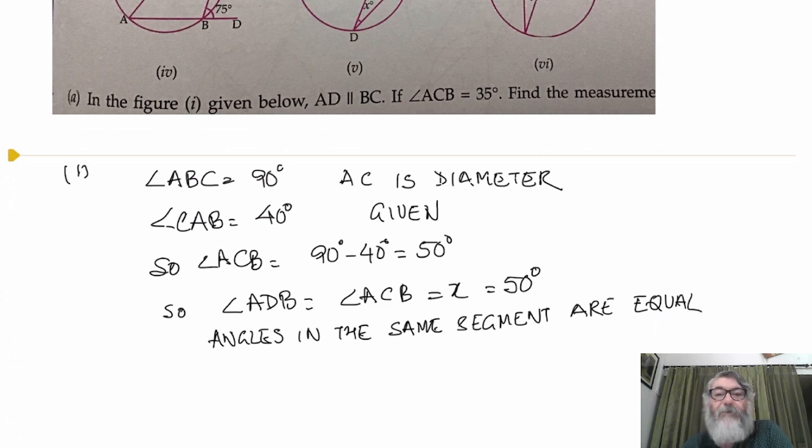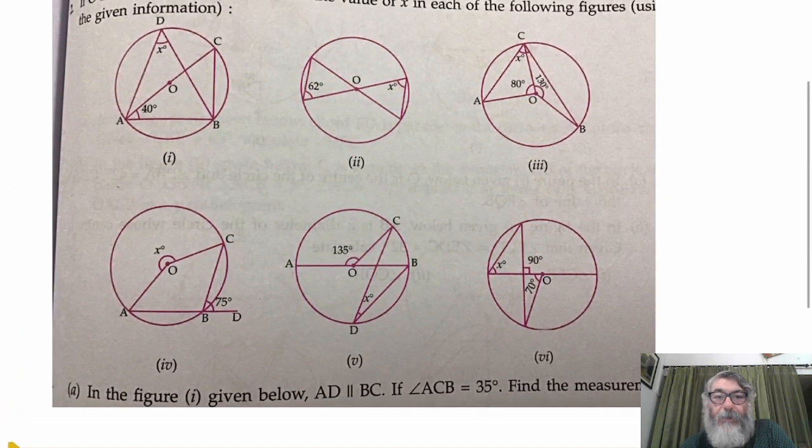So you can understand once again in the first figure, we are given AC as diameter. The diameter will divide the circle into two halves. So angle ABC is 90 degree. You will say, why is not ADB 90? Because in the triangle ADB, none of the sides is a diameter. In the triangle ABC, side AC is diameter. One side of the triangle has to be diameter to make an angle of 90 degree.